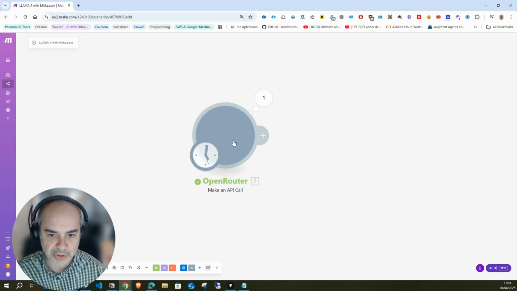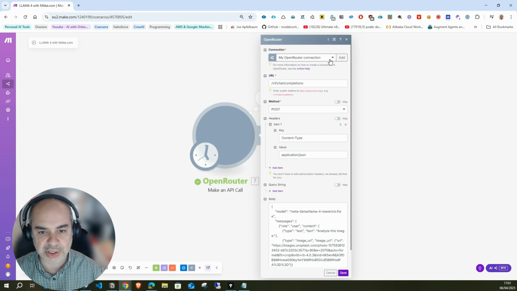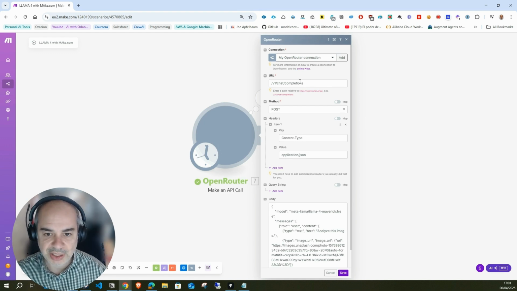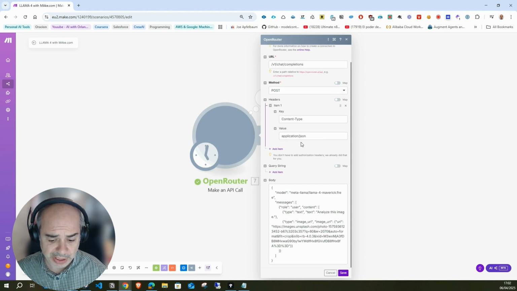So when you add this model to your scenario, you need to add your proper credentials. You need to add the API key that you grabbed when you created your free account inside OpenRouter. You put your API key here. After that, you need to choose the URL. In this particular case, you only need to put the default one, which is the chat completions. And for the method, you need to choose POST between all of these. And for the header, you need to choose content type application/json. And for the body, you need to copy this JSON completely,